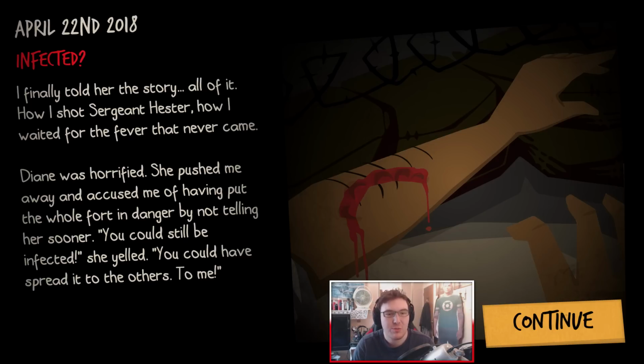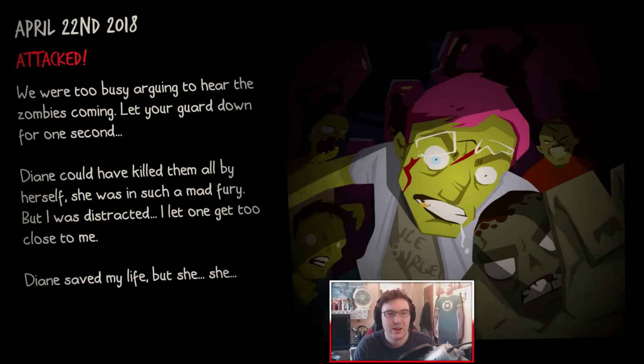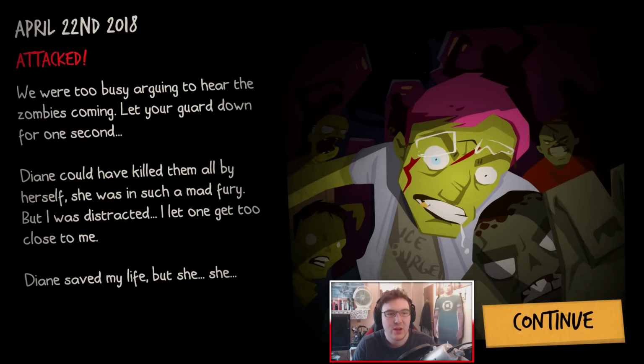Diane was horrified. She pushed me away and accused me of having put the whole fort in danger by not telling her sooner. You could still be infected, she yelled. You could still spread it to others, to me. We were too busy arguing to hear the zombies coming. Let your guard down for 1 second. Diane could have killed them all by herself. She was in such a mad fury. But I was distracted. I let one get too close to me. Diane saved my life. But she...